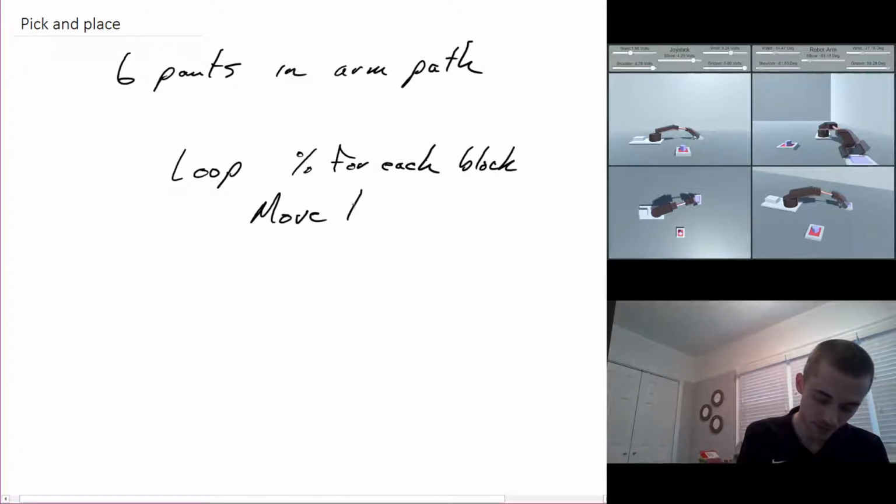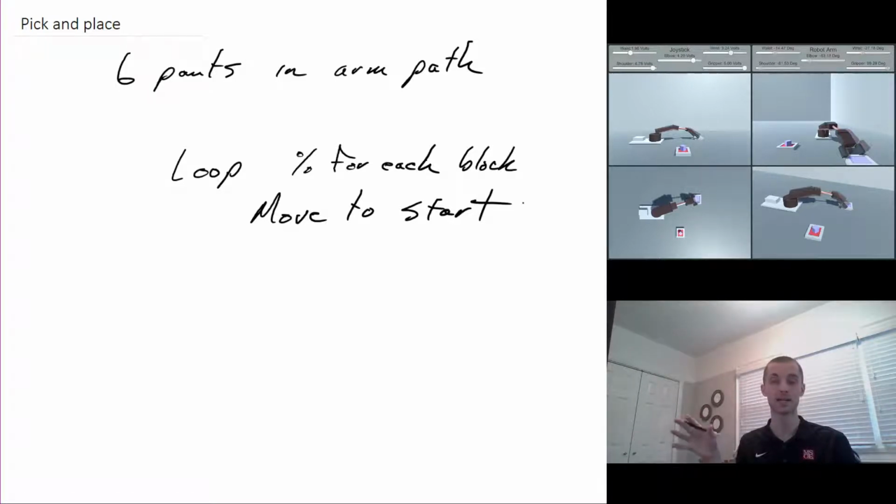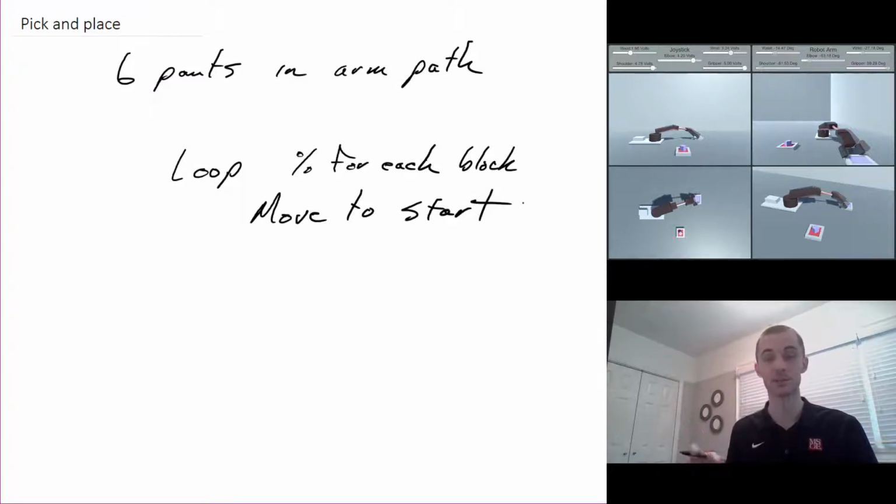Move to start. Right? That'll be the first point. We probably want it set back from the block. We don't want it to knock the block off whenever it returns to this default start position. So we'll move to the start, and then